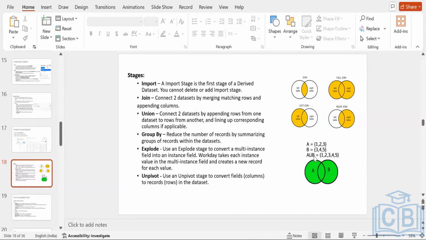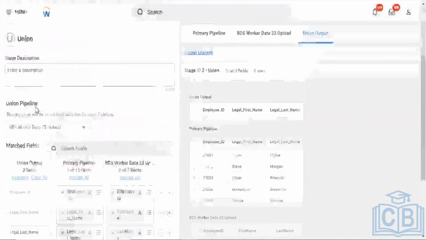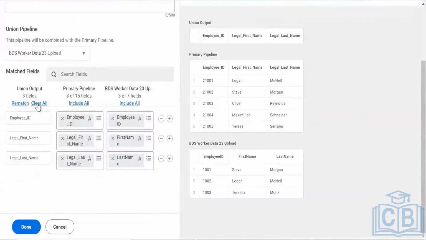Let's say 3 is there here and here, 3.5 is there, then it will keep 1, 2, 3, 3.5, 4, 5. If it's an exact match, then it will merge it with existing data. Here you can see, while you're doing a union, what it will ask is, how do you want to do a union of it? It will ask for the match. Here we are doing a union from now that style upload